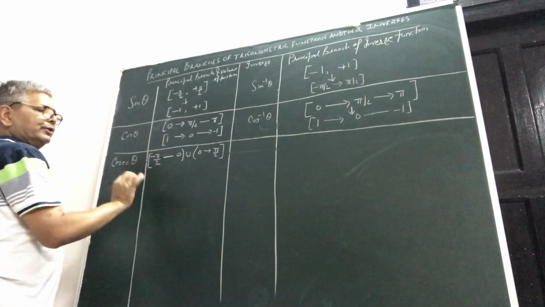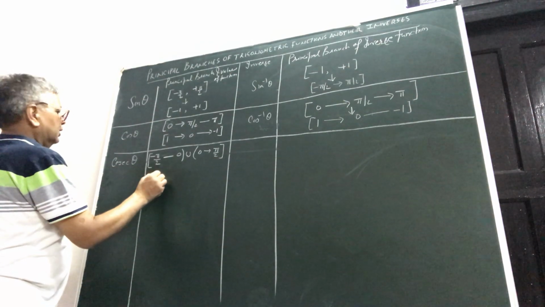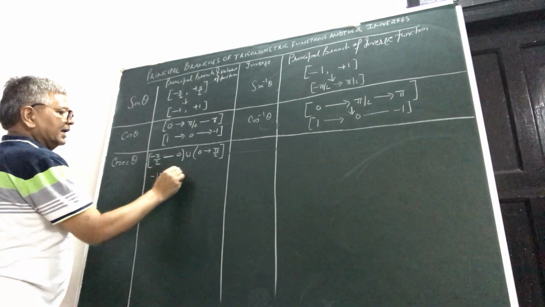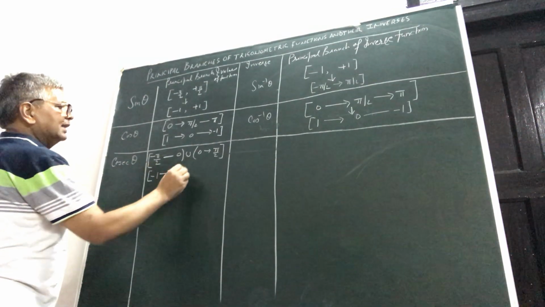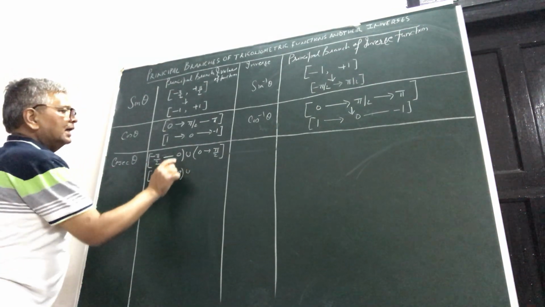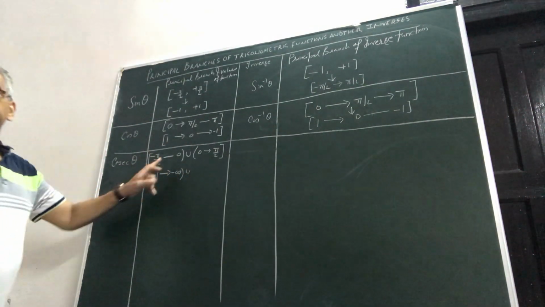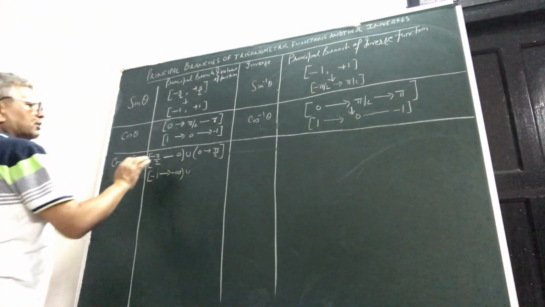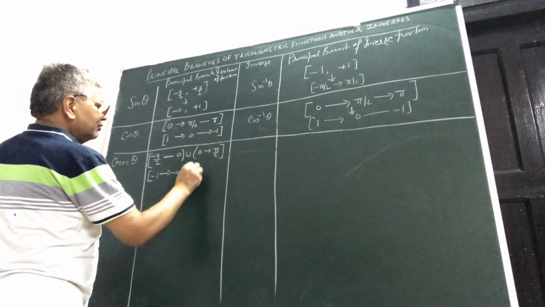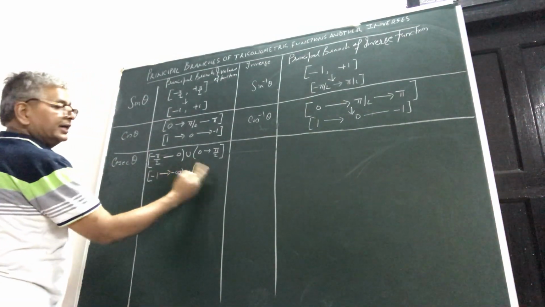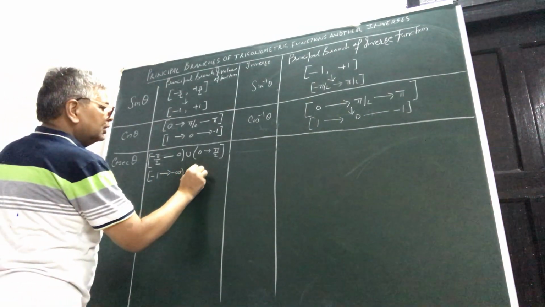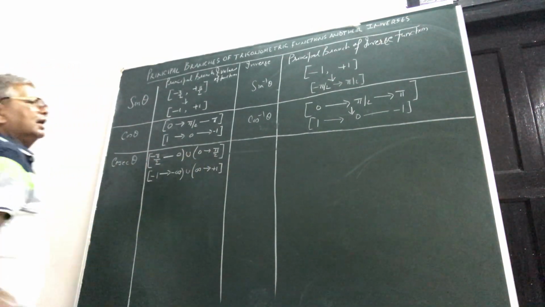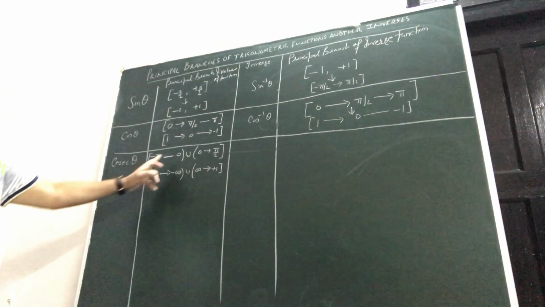See, at minus pi by 2, the value will be what? Of course, cosec theta is minus 1, and then it will keep on decreasing, go to minus infinity, and then see what will happen. Here at 0, you see 0 is not included. This is important. 0 is not included. And so in cosec theta, here the value will be going towards minus infinity, an abrupt change in the value of the function. So infinity to 1 plus 1, and this is all. So this is all about cosec theta.